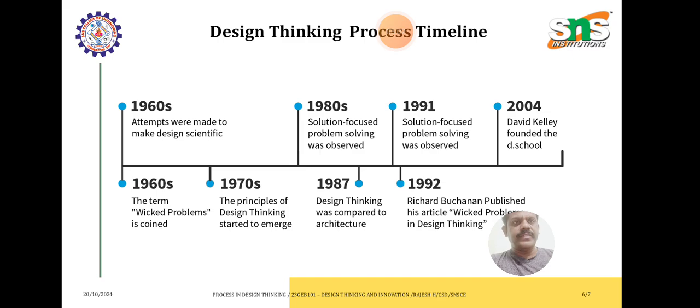So here is the timeline of design thinking from the 1960s to 1982. Attempts were initially made as a design science. Then after that, solution focus in the 80s. And in 91, it was focused on solution-focused problems, followed by a lot of observations in 2004, and it has been a remarkable achievement from the 60s, 70s, 80s and